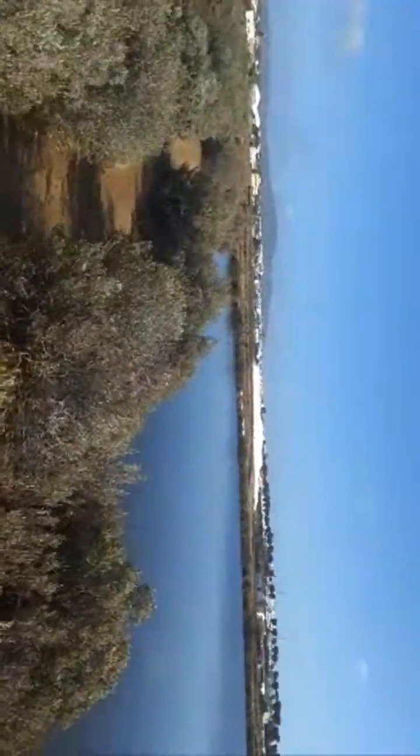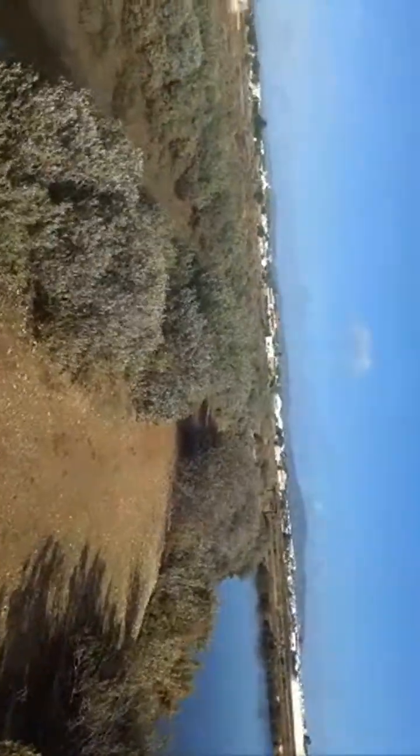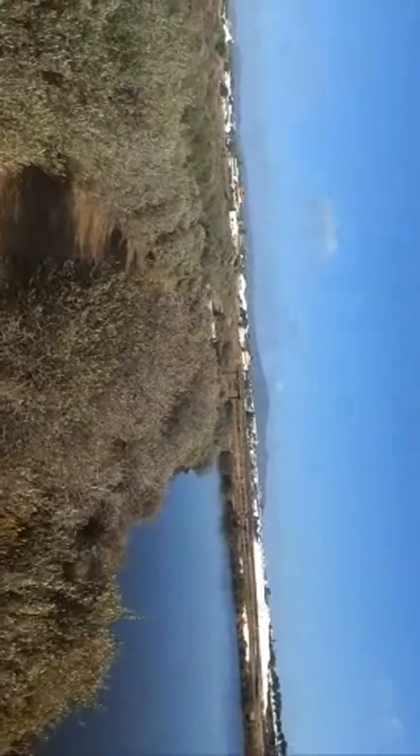The Ria Formosa is the Portuguese equivalent of what we call an area of outstanding natural beauty. It is benefited by a park. So there is a Parque de Ria Formosa, which you can visit, and there are several bird watching sites there. And the most interesting thing about the Ria Formosa Park is that there are chameleons,